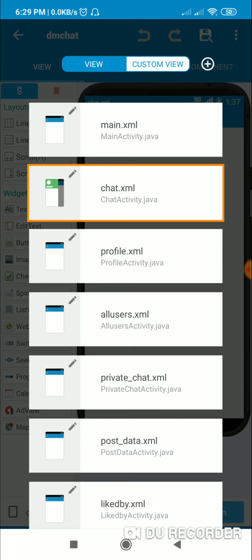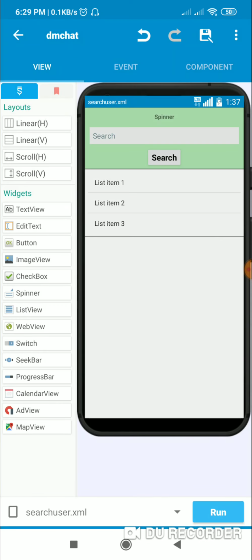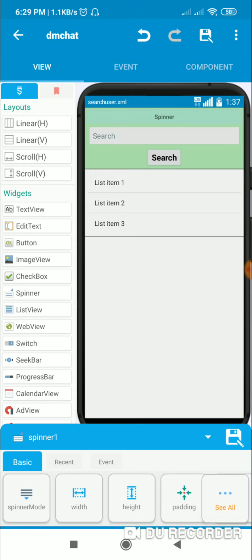Now let's move to search user activity. This is search user activity, and it contains a spinner one for choosing the key whether to search by email or by username. Then there is this edit text one, which is for writing the search term, and then there is button one, which is for searching.